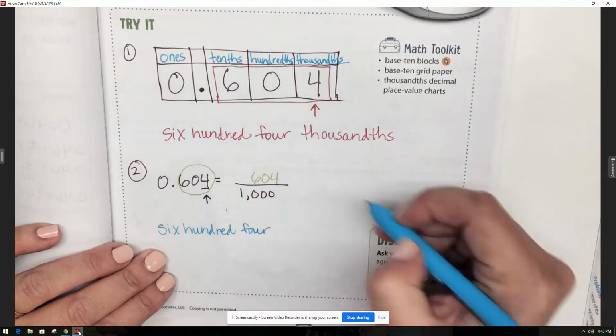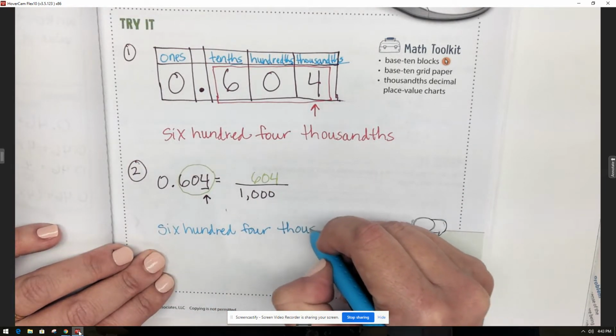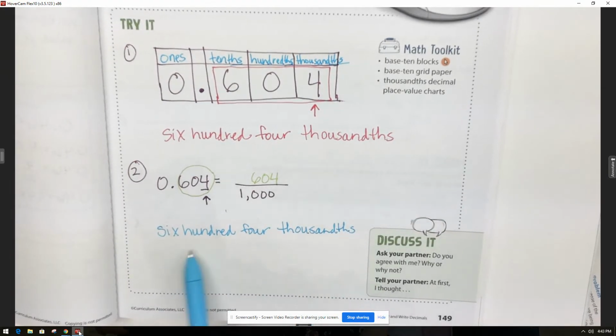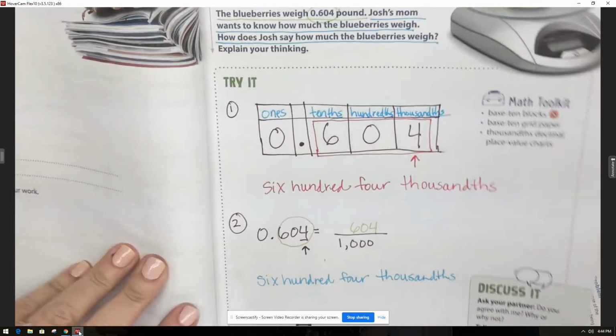604. That takes care of the 604. And then we say thousandths. We know that we have 604 thousandths. Awesome. All right, go ahead and turn the page to page